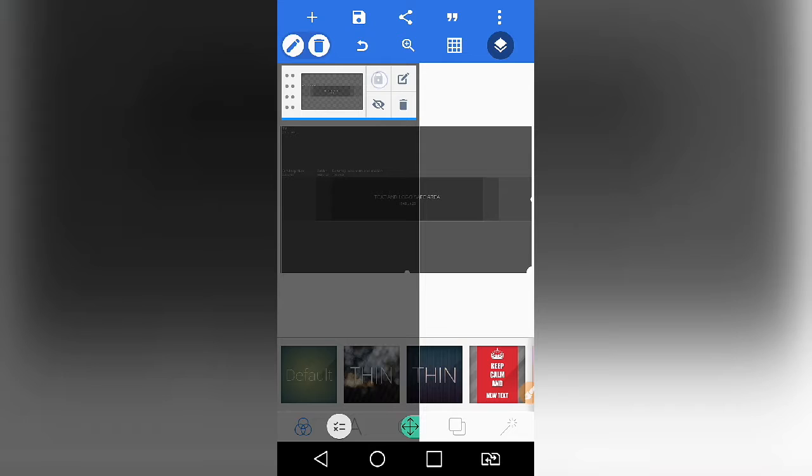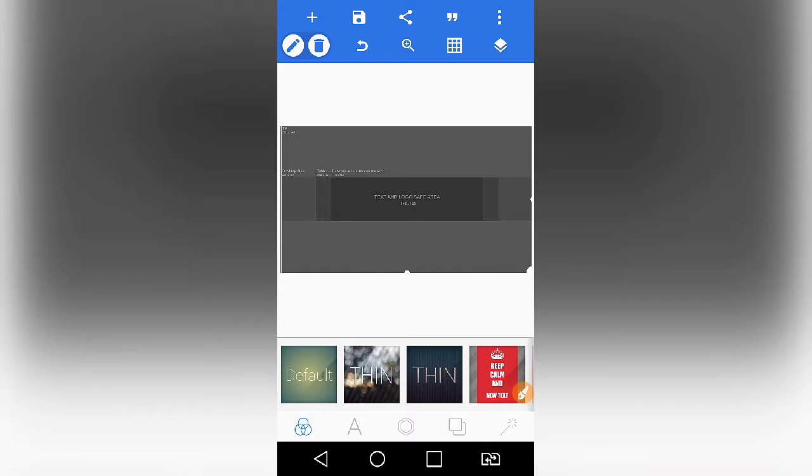So I'm going to lock this because I don't want to edit this picture, that's why. And from the same option you can go back. Okay, if you want to hide this section, go again. So I'm going to click here again. After that, click outside any place. Okay, then you will see here